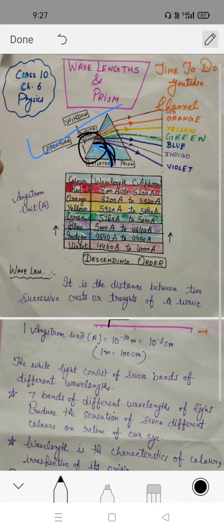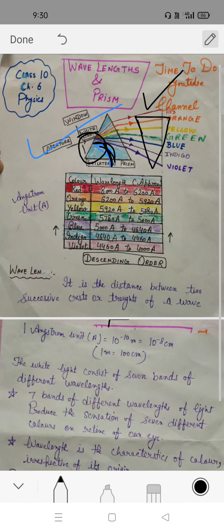To see effect of 7 colors and again making them white, we should place a prism. We should place another prism in this way. In the final outcome, we will get white light again. According to pyramid science, a thing placed under pyramid, which is shape of prism, can last longer.